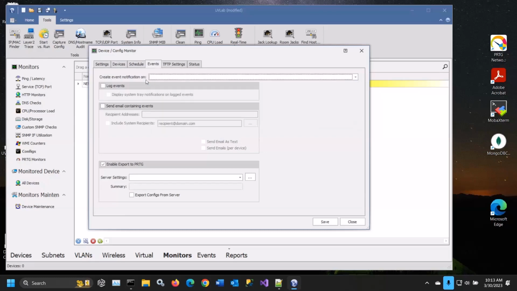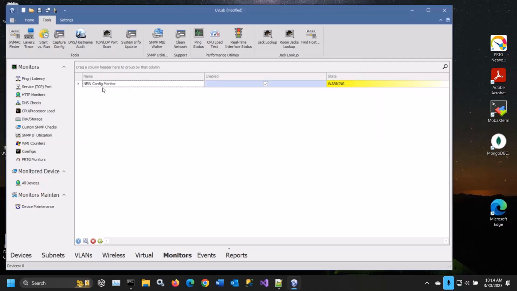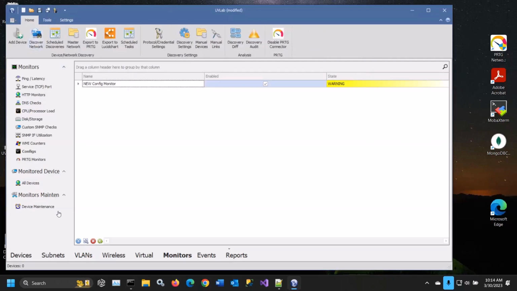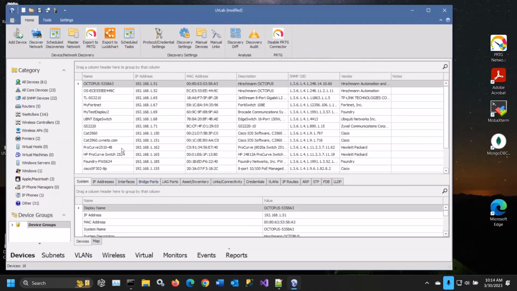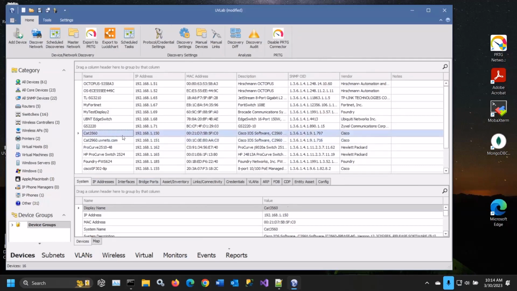You can log those events, you can send email, you can even push those events into one of our partner products, PRTG, so that you can stay on top of all your configurations on your network devices and be notified when those things are changed, and also capture the history of those changes. Those configurations are captured as part of the discovery results, and those histories will be, as you can see here